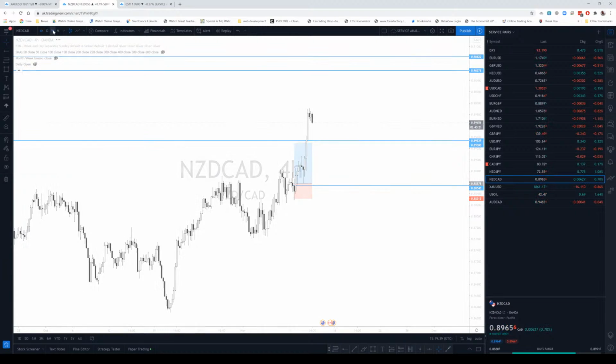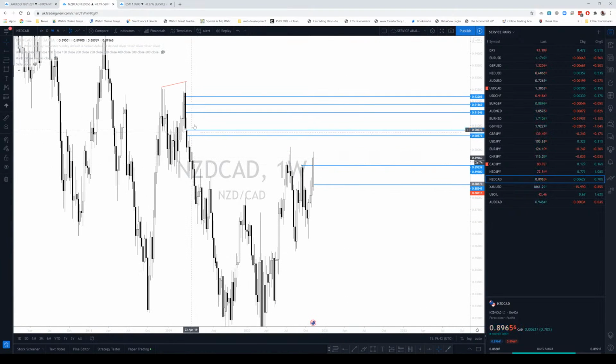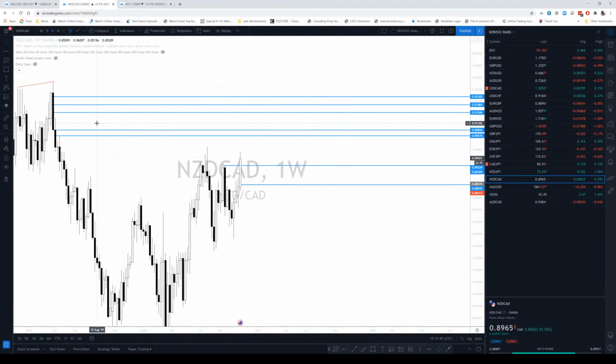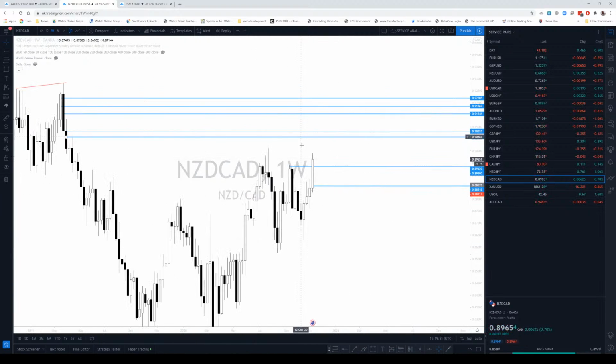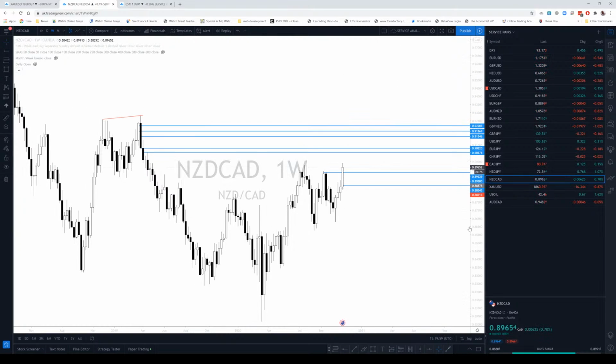Let's go on to the weekly. Yeah, I've already got the levels up there, so these are your upside objectives. It's not as clean as the NZD/JPY, but we still have good solid upside objectives to be met. All right,